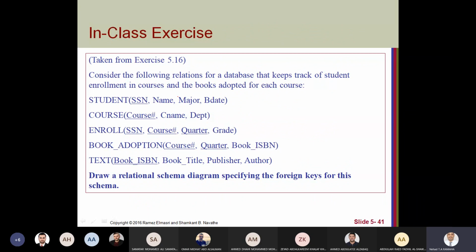Here you can solve this exercise. Try to solve this exercise at your home. Okay, we will start with